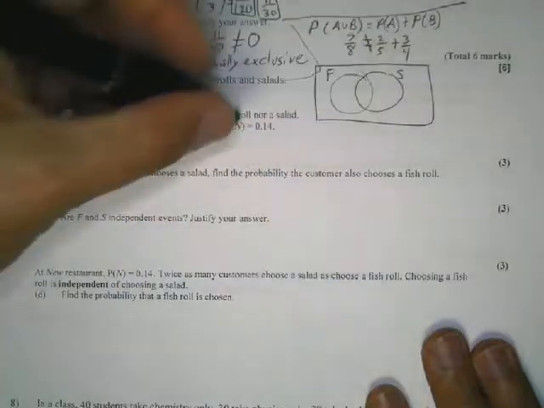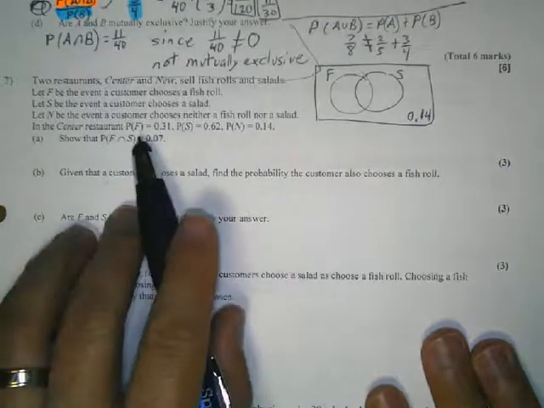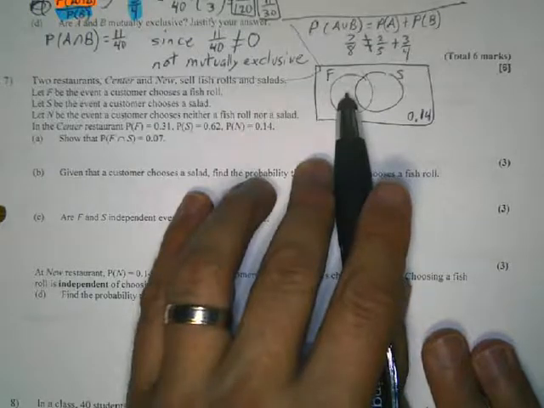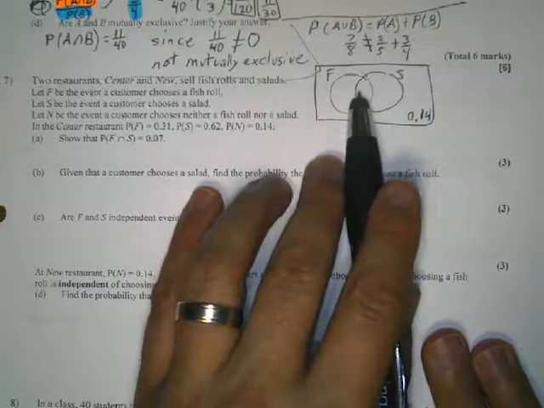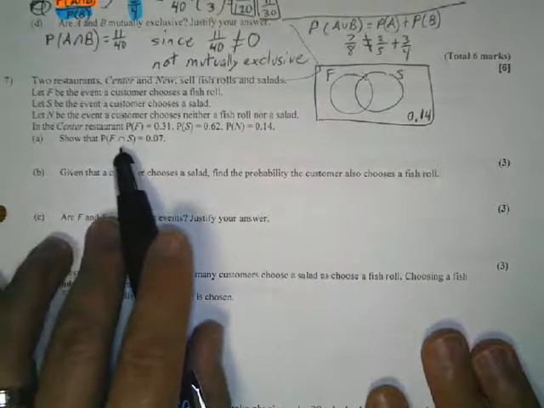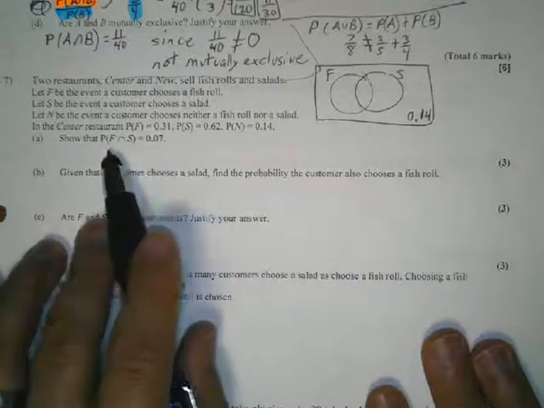So, and we know that that's 0.14. Okay, so these two here add up to 0.31. These two here add up to 0.62. Show that the intersection is this. So